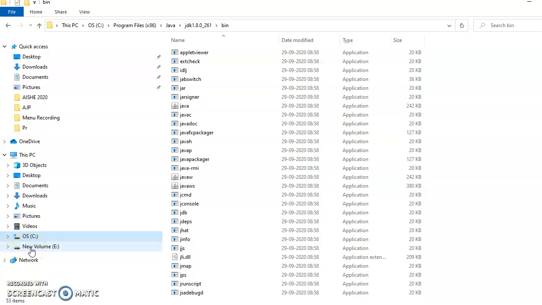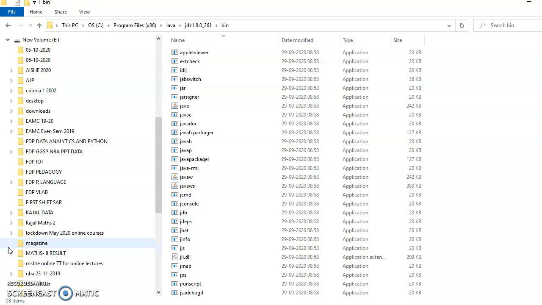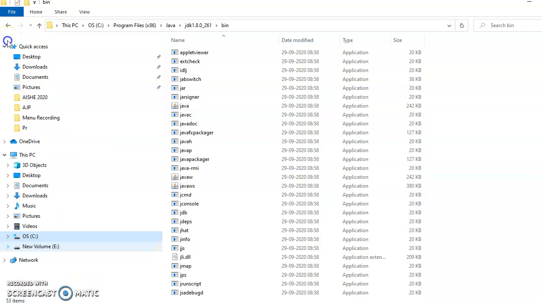When you click on any of the subnodes, if they have further subchildren, it will expand. Like my E drive has these many folders. When I click again, it will collapse. So this is a hierarchical data structure. Most commonly in any file system, whether it is Linux or Windows, this hierarchical data structure is present.